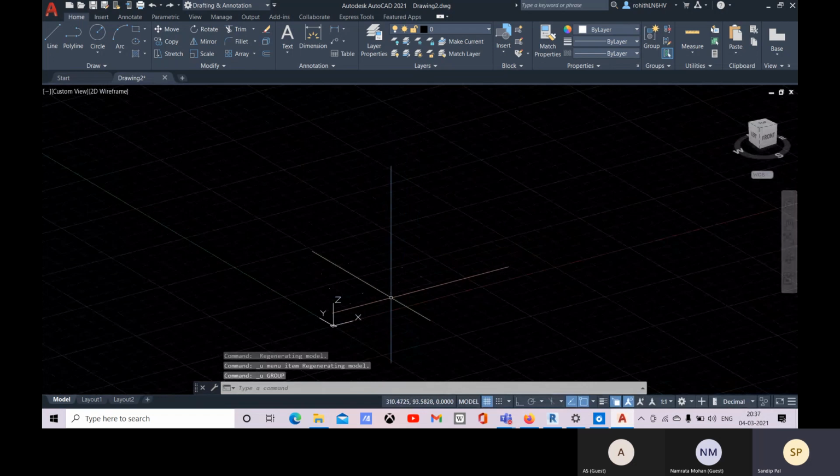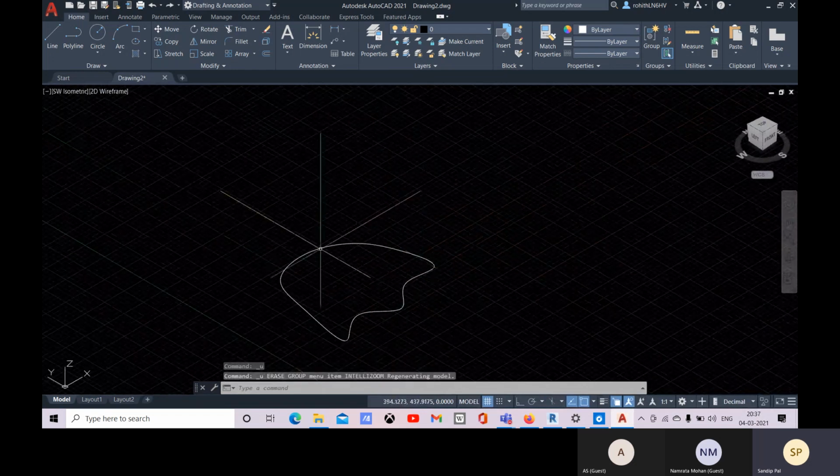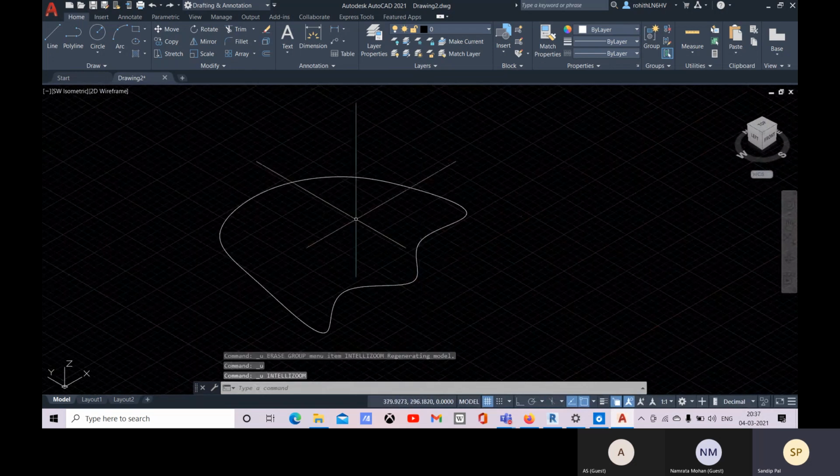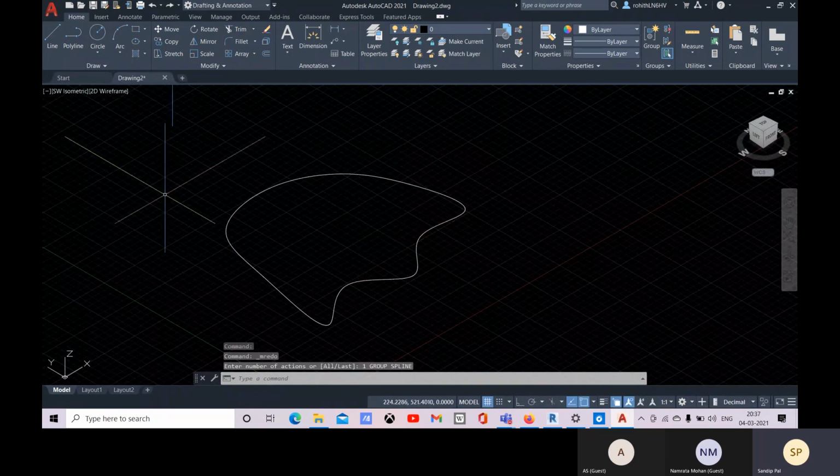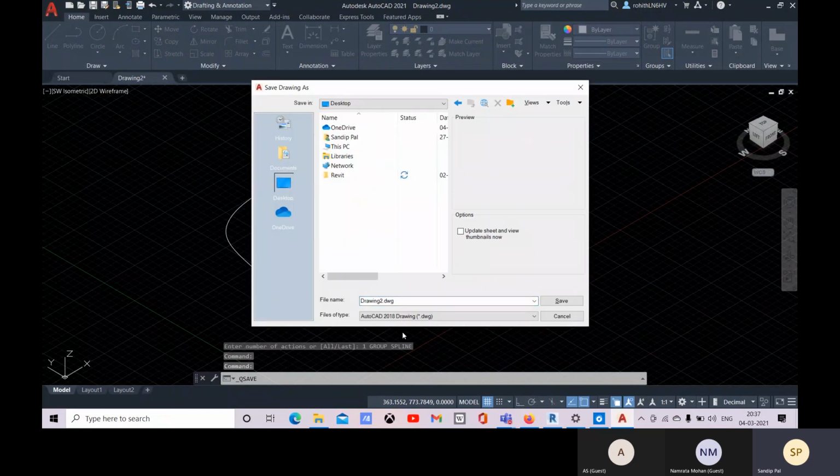Okay, so this is how you can create it simply with this option. Just save it quickly, and let me show you how you can load it